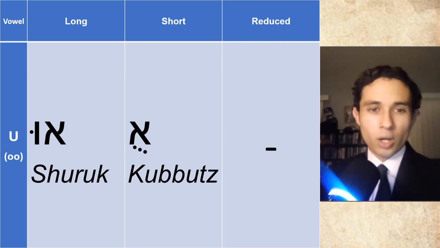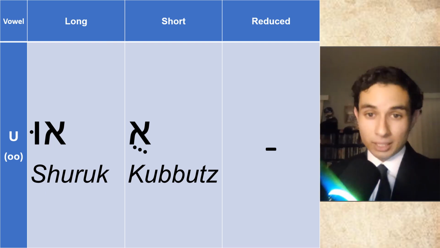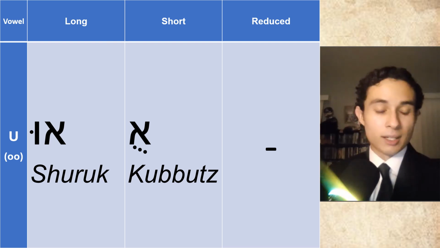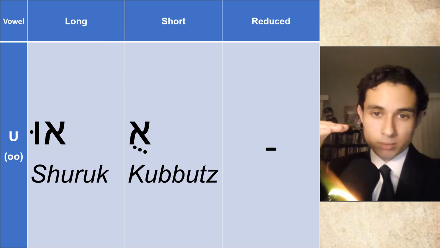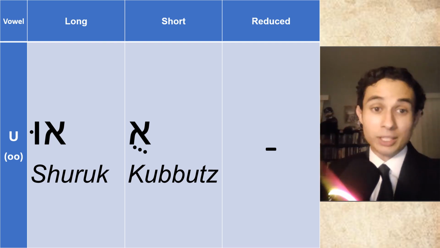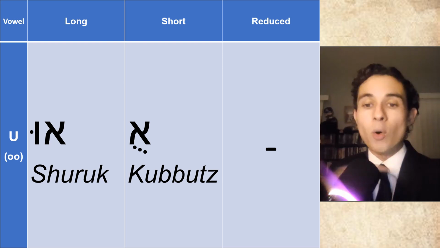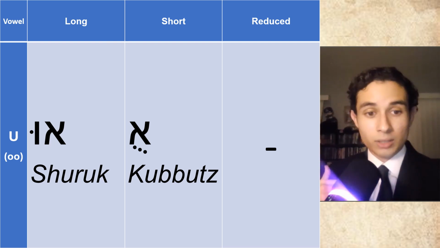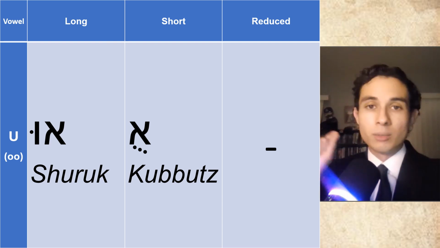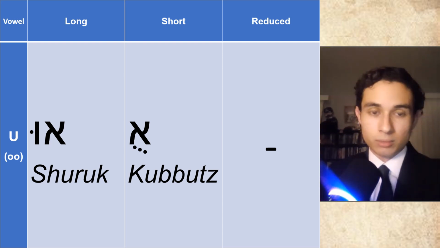So the long vowel is called a shuruk, and it always appears on the left side of a vav. And this is the only vowel marker that appears on the side of a letter. This is the only nikudot that appears on the left side. While the cholam was on top, the shuruk is in the middle. And it's always going to be attached to a vav. And here too, the vav is basically only treated as an aid for the vowel. It is not pronounced as a consonant. So if you're transliterating it, do not put a V, put its respective vowel, which here we're seeing the letter